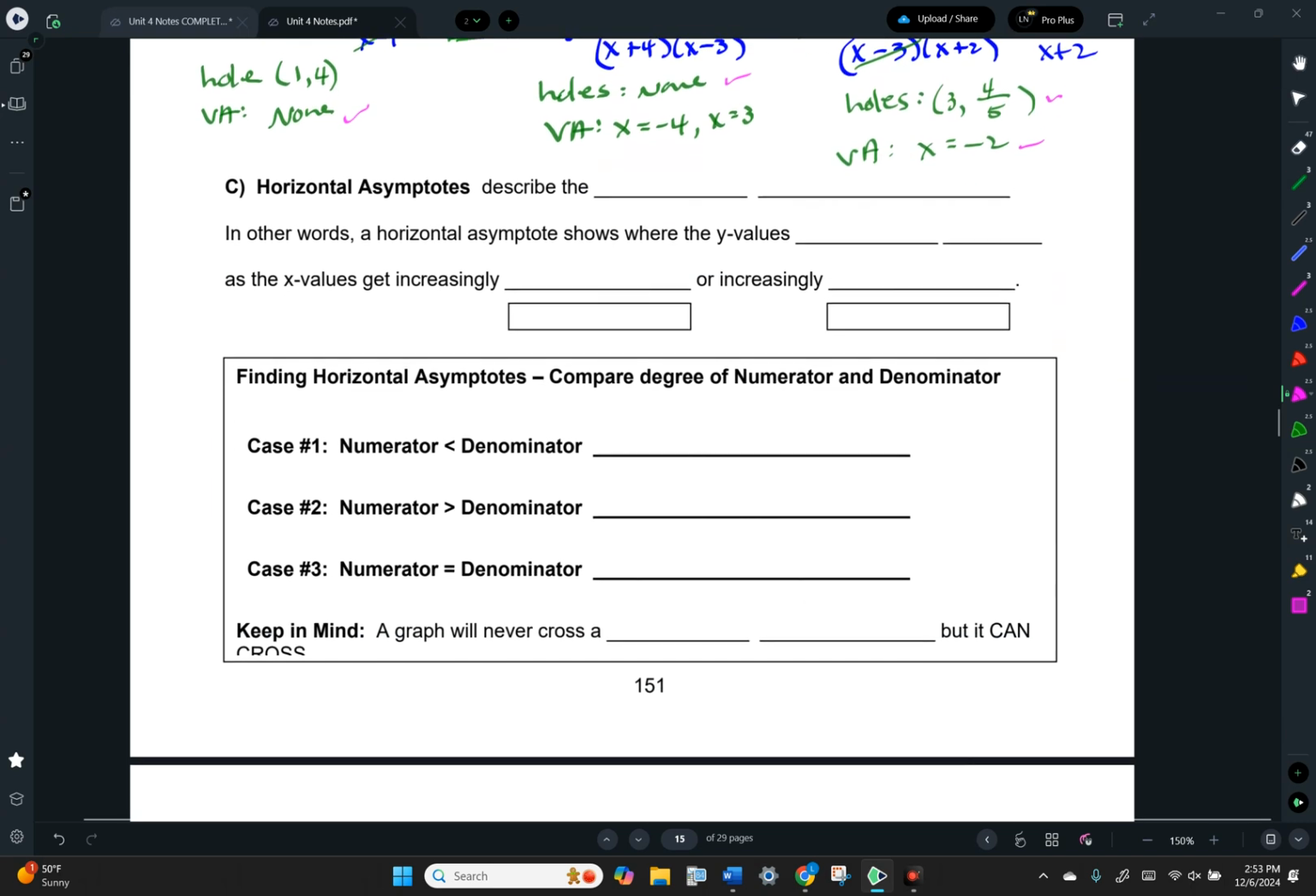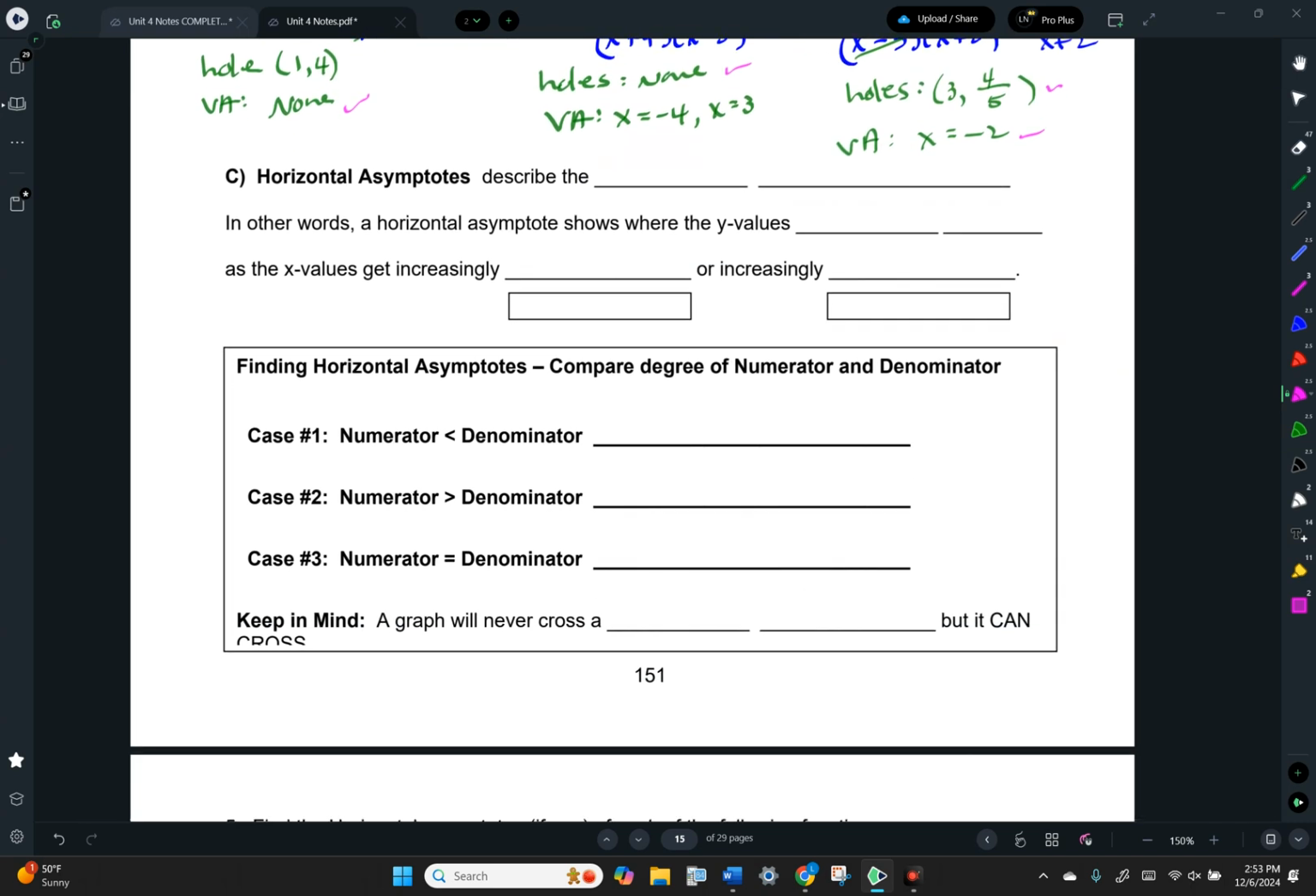Okay, so what if it's not just a basic 1 over x graph? You know, who knows what the equation might look like? And what if it's not something that I'm familiar with as a parent function? Well, you could still have horizontal asymptotes. Horizontal asymptotes describe the end behavior